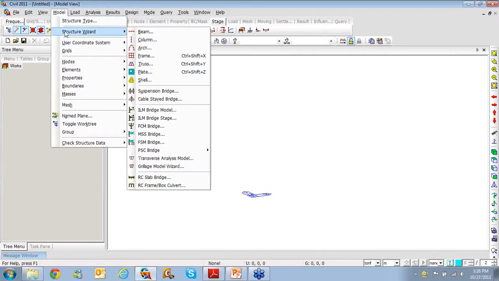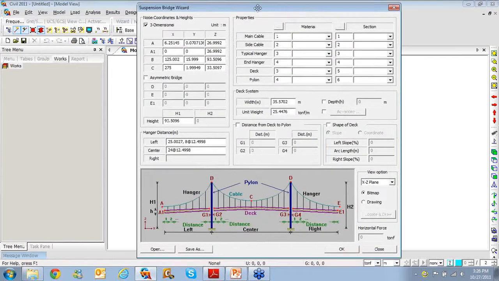So go to Model, Structure Wizard, and then Suspension Bridge, and then we'll enter the coordinates here for the overall geometry. All these coordinates you can find as given in the bitmap image right here. So you can see what is A, what is A1, what is B, C, D, E, and all these variables. A1 being 3.6, 0, 20.72, B being 128.6, 0,